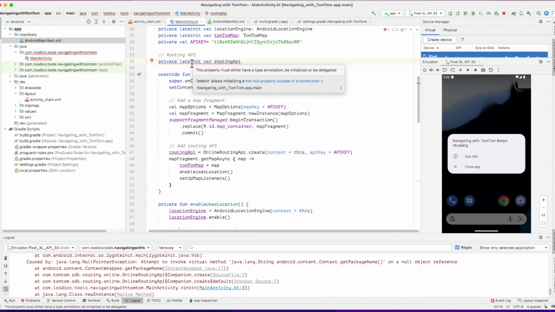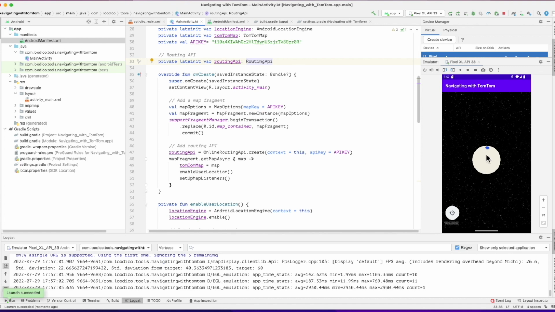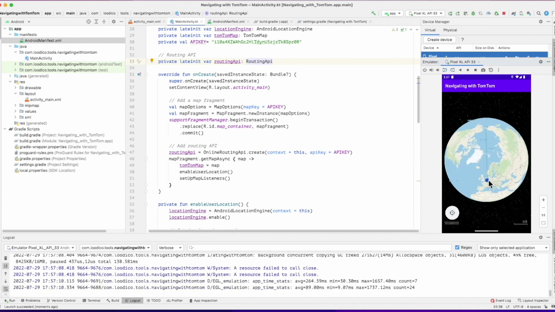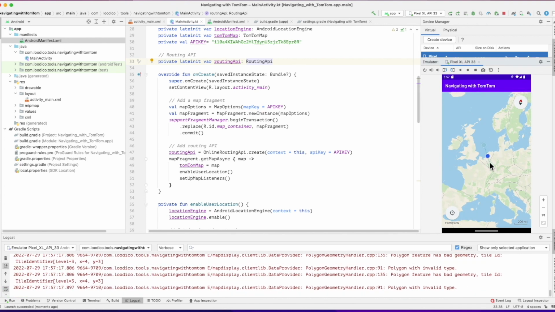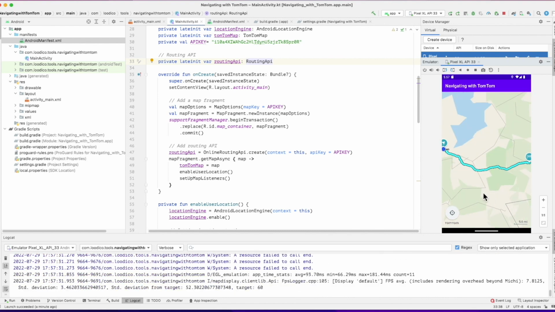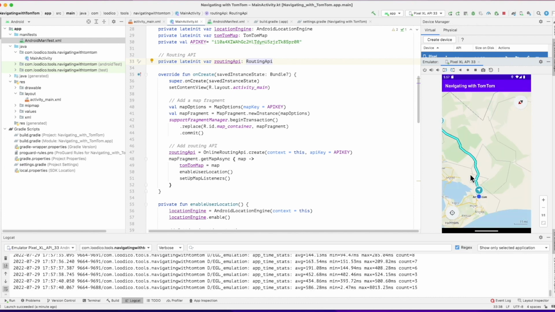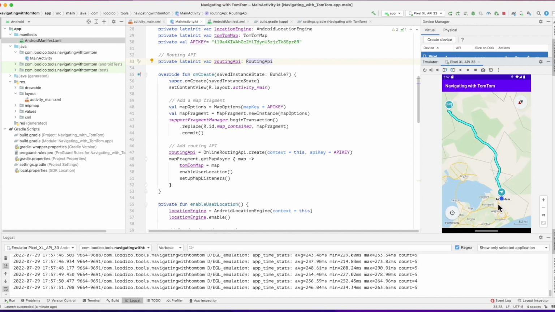Of course, this is the routing API of the routing API class. Yeah, online routing API. This routing API. Yes. Let's try again. Okay, let's map. Where's my location? Let's zoom in. Still Amsterdam, right? Yes. Let's zoom in, zoom in. Come on, zoom. Okay, I'm going to hold the map, long click, and you see we have a route. Okay, let's see if we can navigate to it.